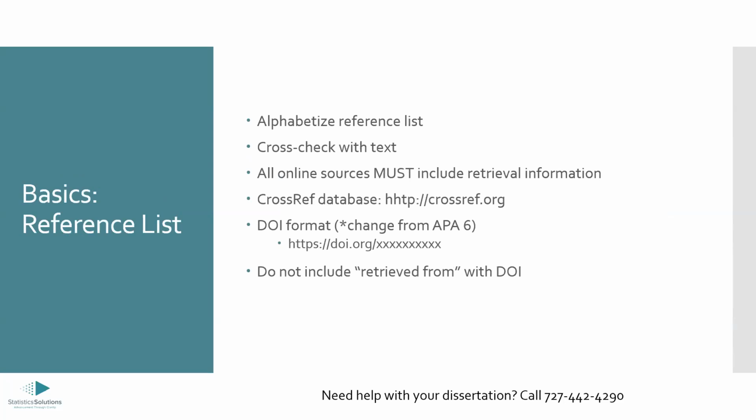And because we are citing all of our sources of information, we are going to need a reference list. A reference list goes at the end of your paper, and it lists out each of the authors, titles, and dates published for the articles within your paper. This list should be in alphabetical order, and it should match up with all of the articles in your text.